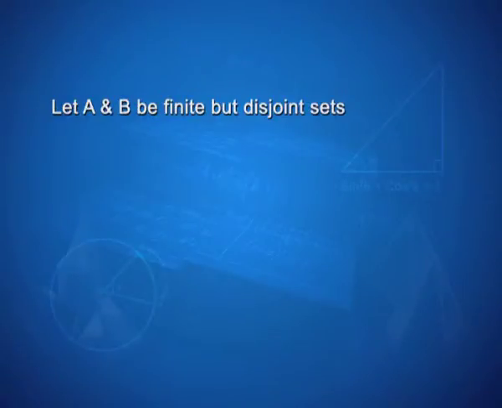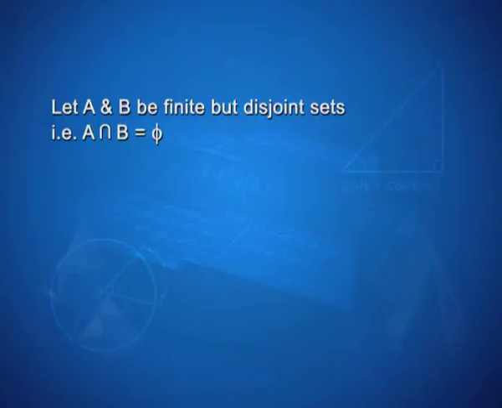Let A and B be finite but disjoint sets. That is, A intersection B is a null set. Then, number of elements in A union B will be given by number of elements in A plus number of elements in B. Mathematically, it can be written as n(A union B) is equal to n(A)